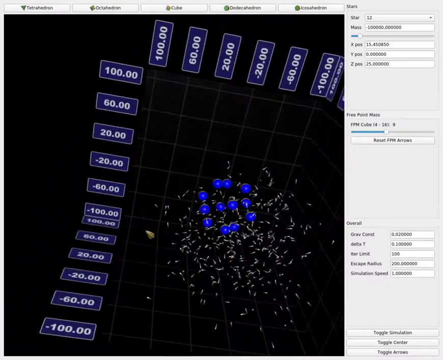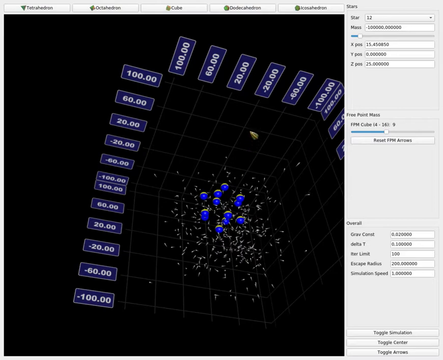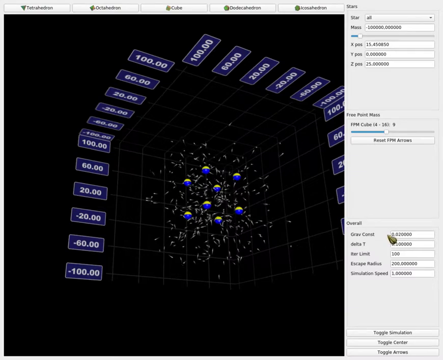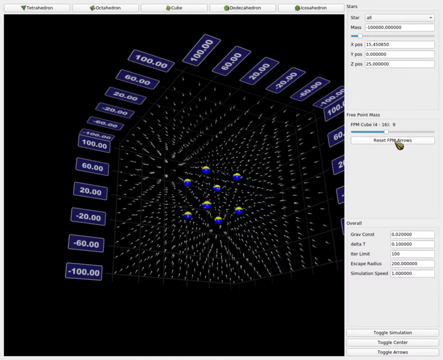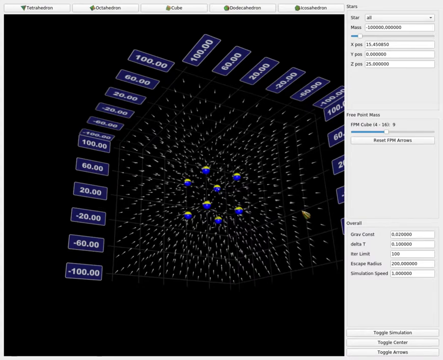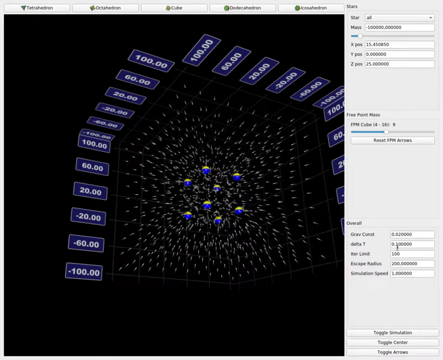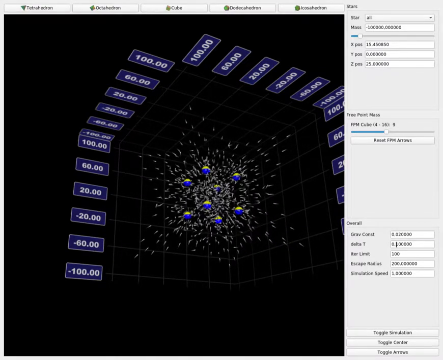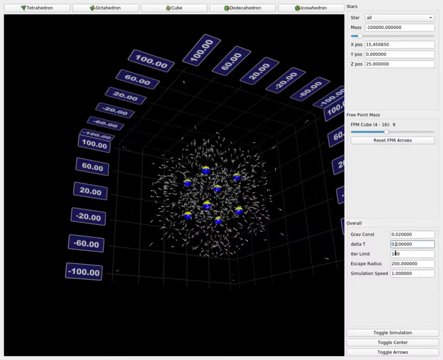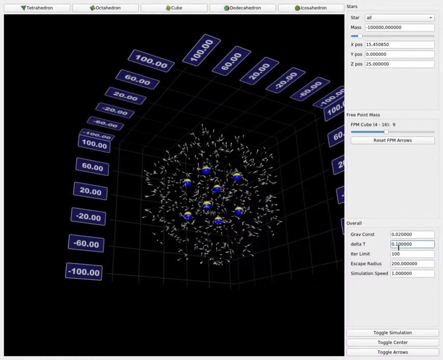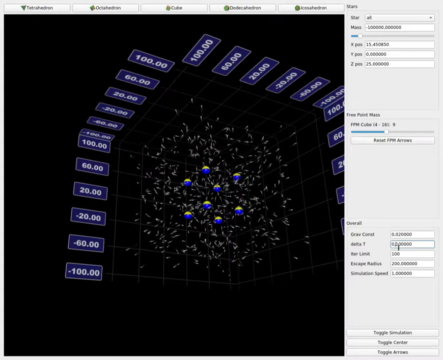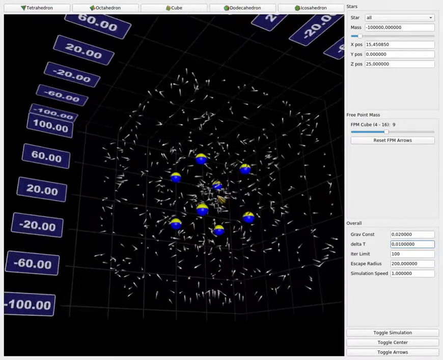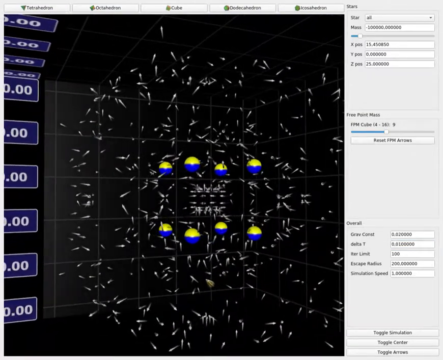Okay, so now we've played around enough with that, so let's go to the cube. We're going to have additional fun with doing the impossible physics here. So now, we're back here at the cube. And now, let's make delta t, right now it's 0.1. So now let's make it 0.01,